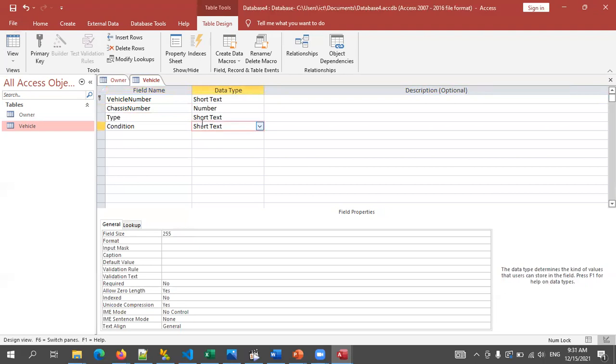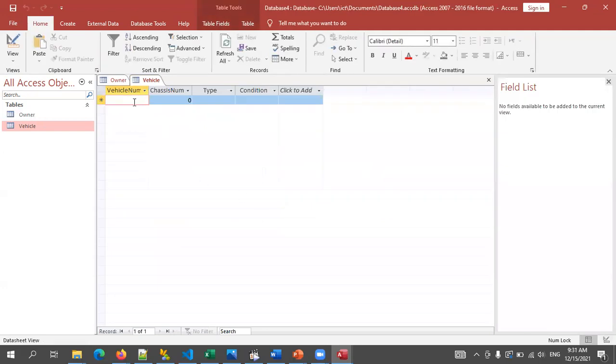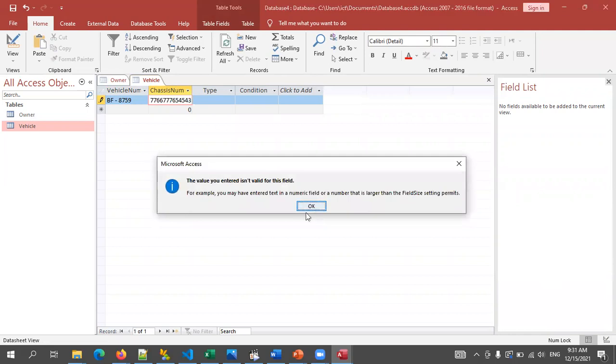Now we can create the table. You can go to view. Yes. From here you can add the vehicle, the data, right? Okay, let's see why.